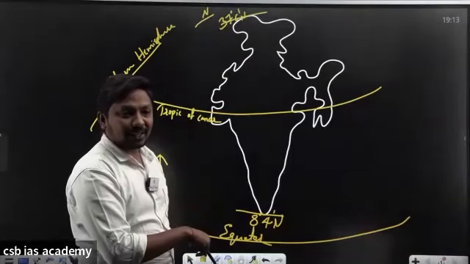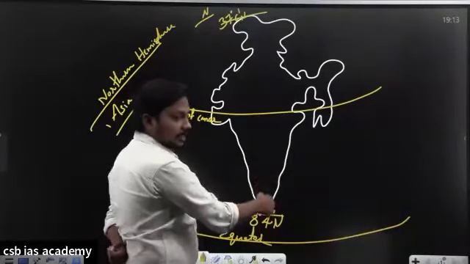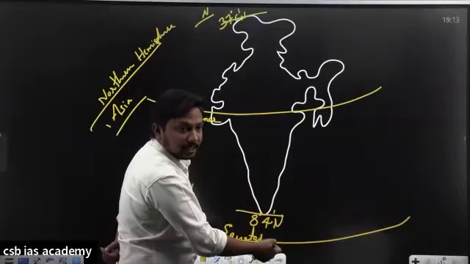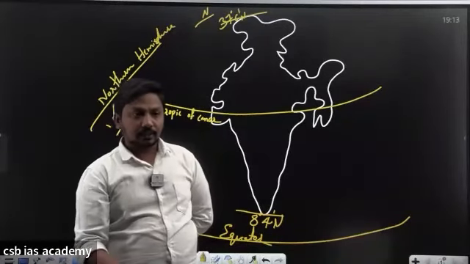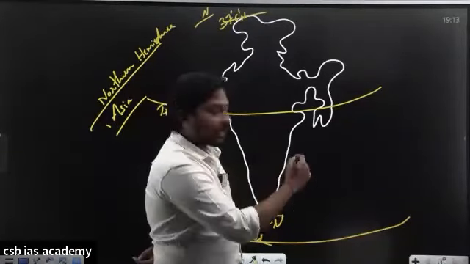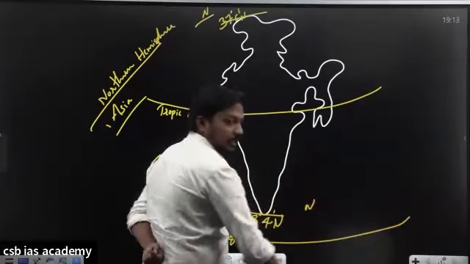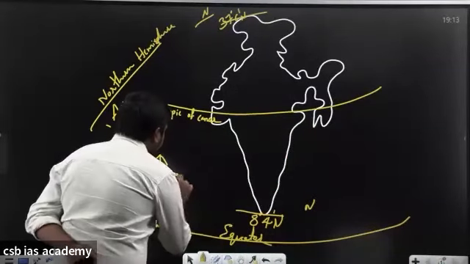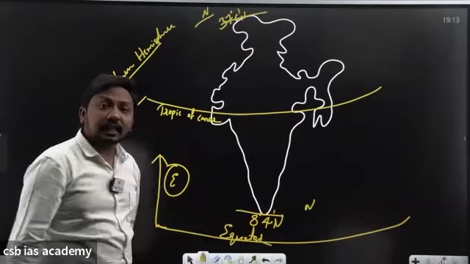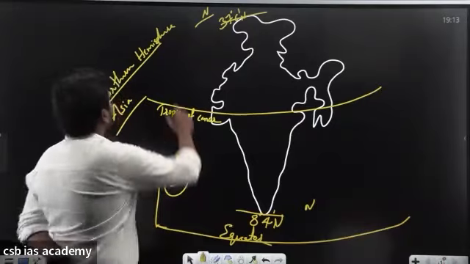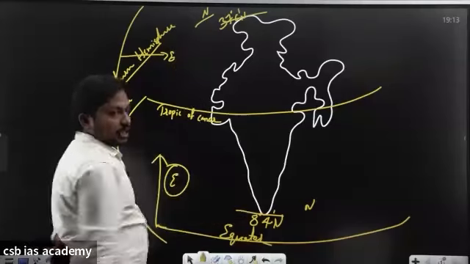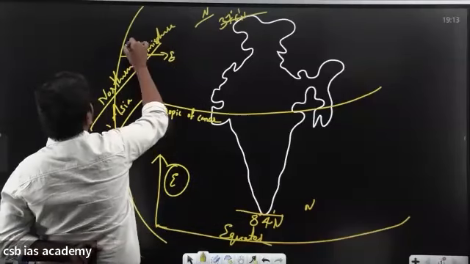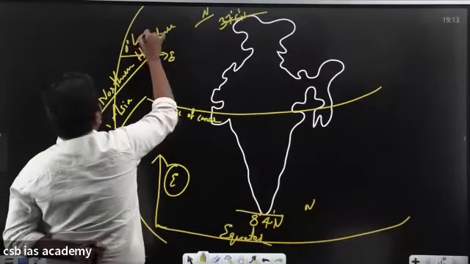From the equator. It is not south towards India. Of course, it may be in the southern direction, but these latitudes we are measuring from the equator. So that is why we mention the latitudes as northern latitudes and the longitudes as eastern longitudes. Why do we say eastern longitudes? Because we are located in the eastern direction. Which direction, sir? Eastern direction from the 0 degrees longitude.